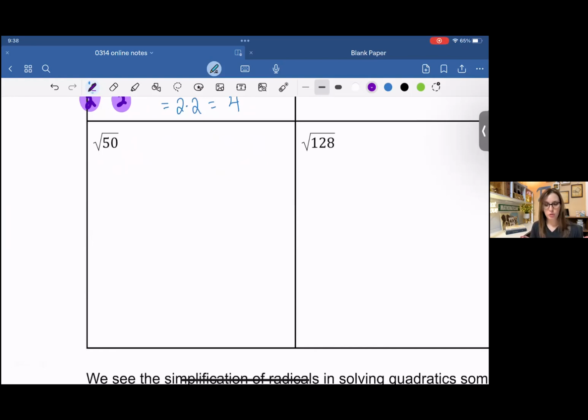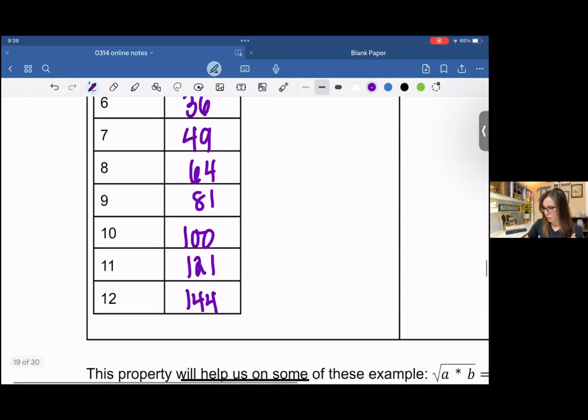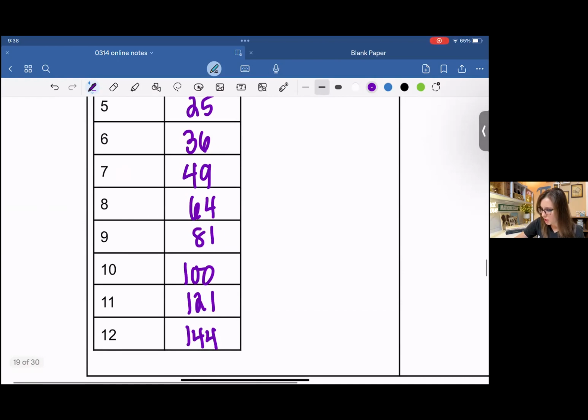perfect square. So if we go up and we look at our table and we're like 50, okay, let's look at our table. 50, where are you? Oh, so close. So here's 49, but that's not 50. So that doesn't really help us. And then the next one is 64. So we do know it's going to be somewhere in between 7 and 8 if I were to put it